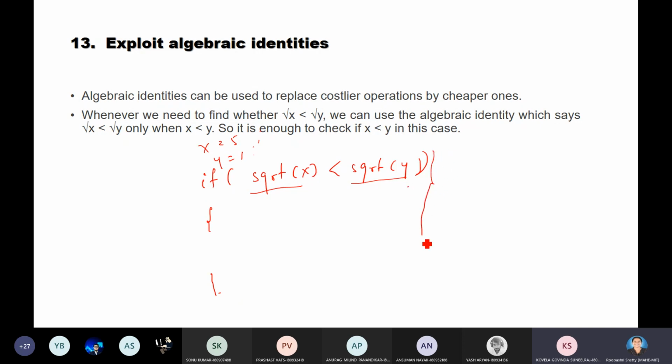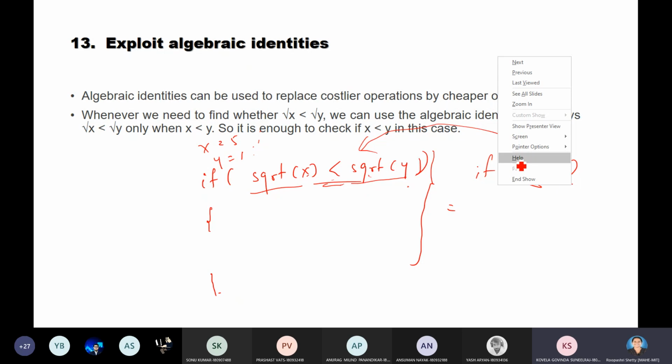But can't you simply write it as if x is less than y? See, when x is less than y, definitely square root of x is less than square root of y. It's implicit, right? It is implicit. When this is true, obviously this is true. Yeah. So when x is less than y is true, then square root of x will be less than square root of y. Okay. So if you can identify or if you can represent these